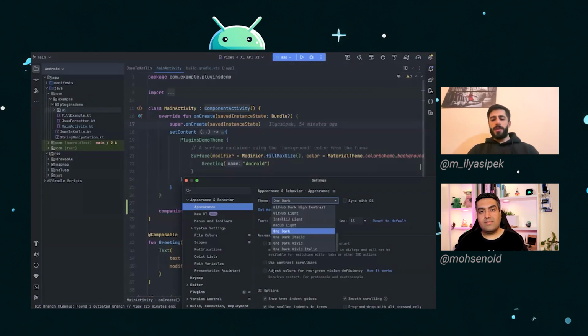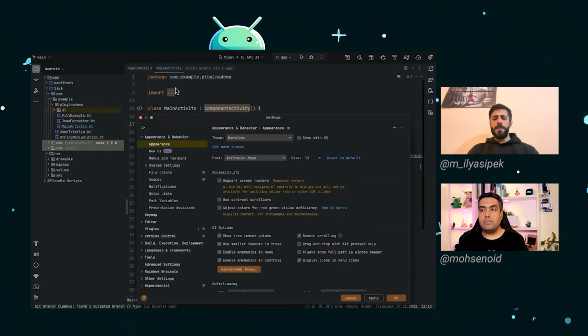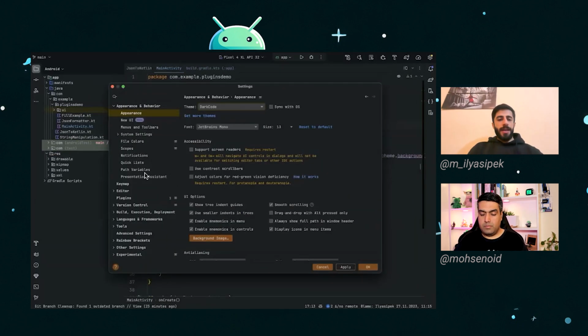It's really nice. It has a lot of variations as well. And my favorite is this Dark Code. It's really minimalist. It looks like the Dracula with a darker background. So I will go with it currently. And let's add more visuals